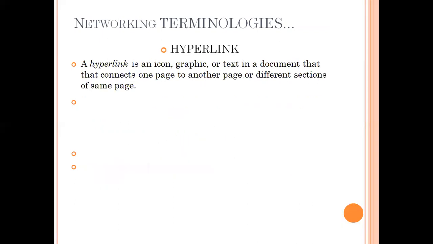Okay, I hope you all know what is hyperlink. Hyperlink means some icons or graphics, when we click on them a different page gets opened. It is a line or letters in blue color, on which when I click, some different web page gets opened. So hyperlinks are always given in blue color and it could be in the form of text or videos or images, anything. So whatever has been given a hyperlink, if we click on it, a different web page gets opened.